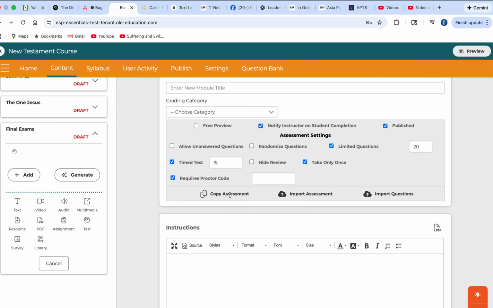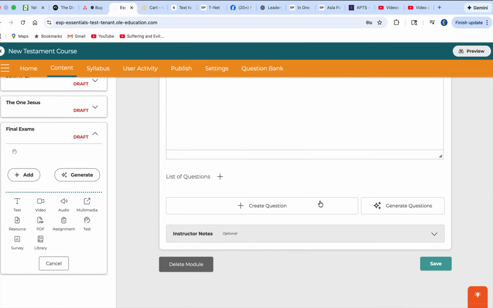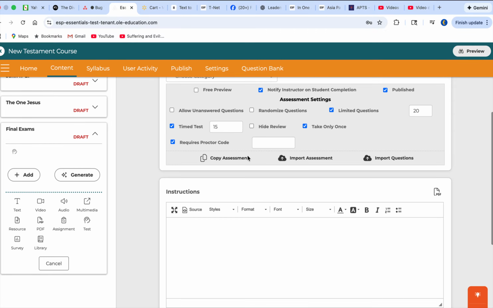The copy assessment, so let's say that you want to do a pre and post test. So you want the exact same little test at the beginning of a course and at the end of the course to measure how well learning has occurred. So you can create this assessment with all these different questions that you have. You can create it once. If you want to copy it, all you have to do is hit the copy, and then